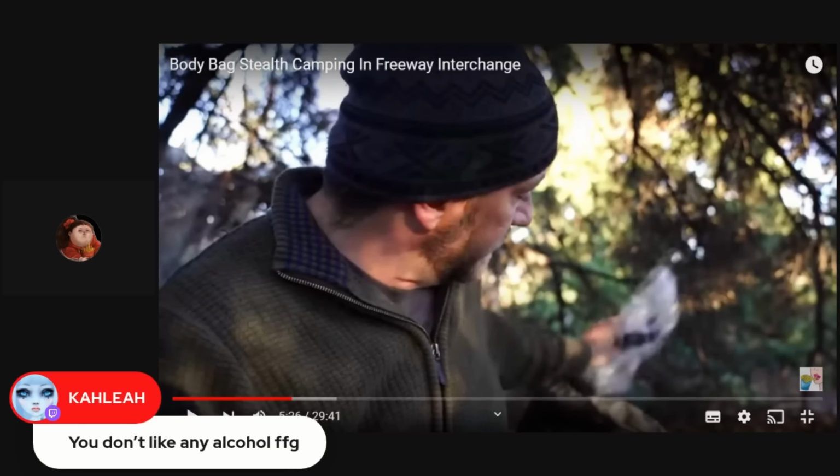$30, you get a body bag off Amazon. Why the fuck is Amazon selling body bags? Really though, why is Amazon selling body bags? Who's buying body bags from Amazon? Oh my God, I gotta go look after. I bet the reviews under the body bags must be hilarious. I gotta check that out after. Holy crap. The police probably. They're buying Amazon body bags? Why did I assume they kind of had their own source for body bags? The Amazon serial killer probably. I mean,